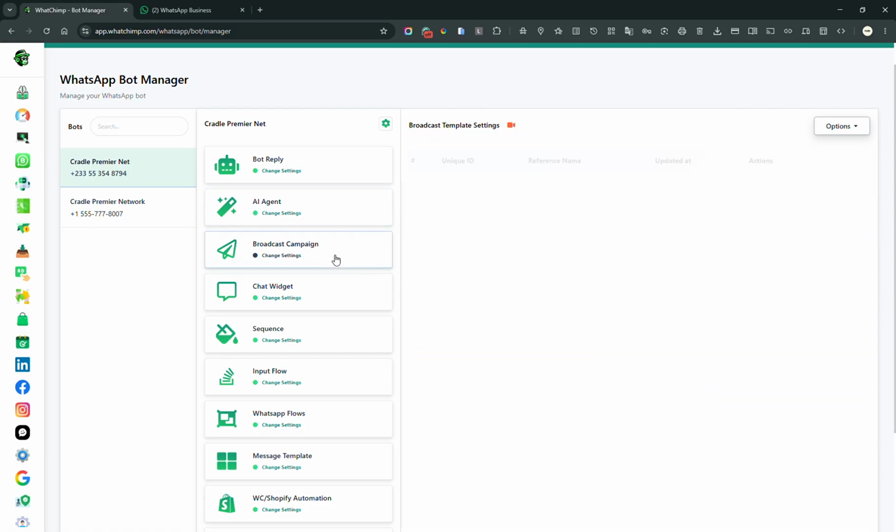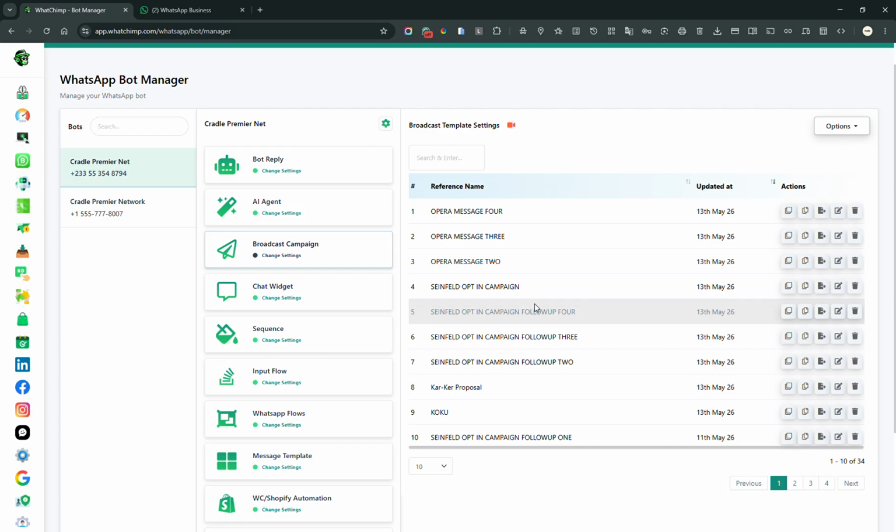Now, the broadcast campaign is where you can design a campaign, and then it's like a broadcast message. Usually, if you want to send a broadcast message on WhatsApp, you broadcast the message to everyone, right? Sometimes the opening rate is really slow. You can create your broadcast campaign, and once you create them, you're going to see them over here. Let me share a little bit about the broadcast campaign. So when you click on broadcasting,